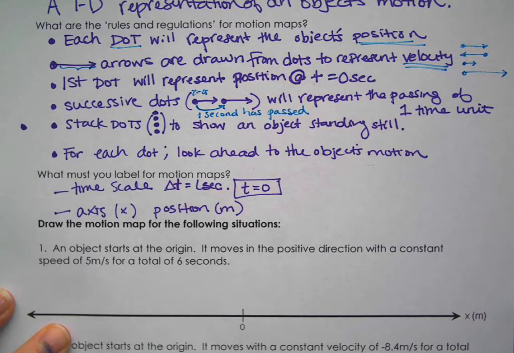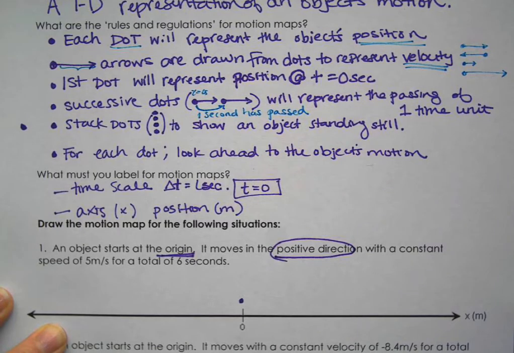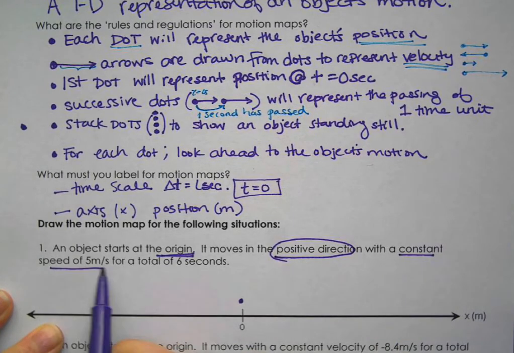The axis is drawn for us. We see that there's a position in meters. We see that the origin is labeled as 0, and it says the object starts at the origin. So I'm going to start with my dot at the origin. And then the next piece of information that's given is it's moving in the positive direction. So any of my arrows that I'm drawing must be to the right, with a constant speed of 5 meters